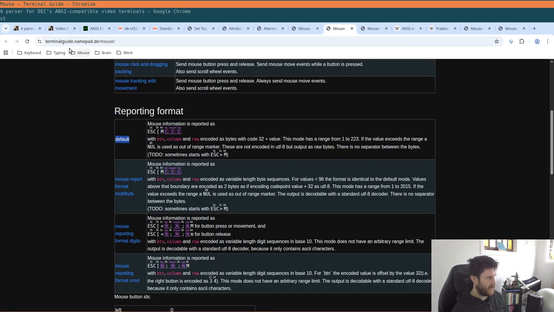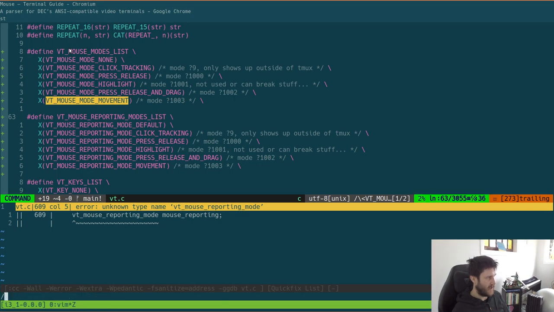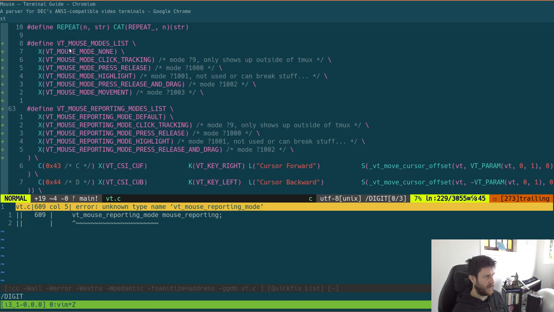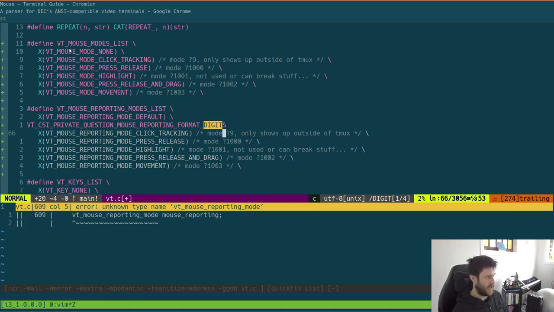Multi-byte, format digits, and format URXVT. And I think I have the digits. Yeah, so I already have this type of thing. So if we just put that there, we can see